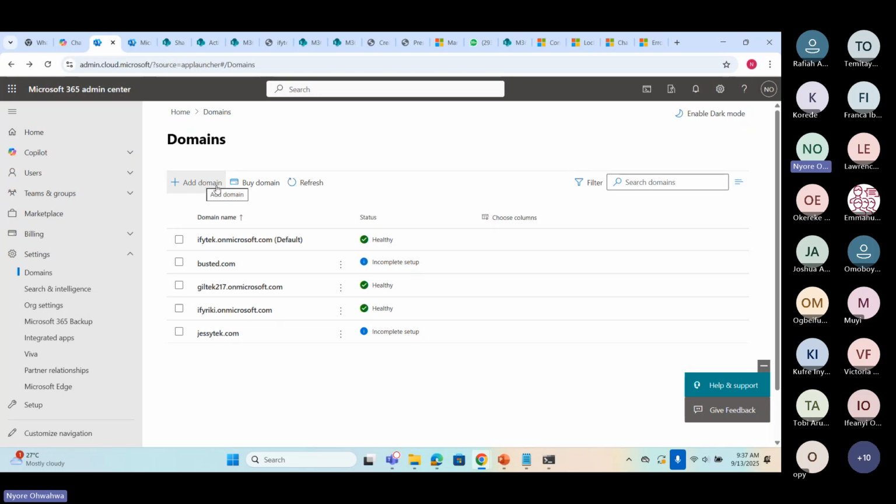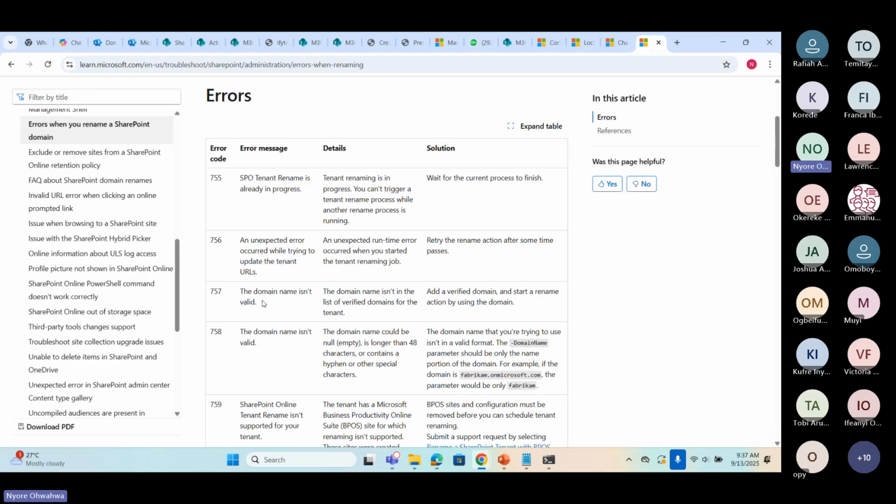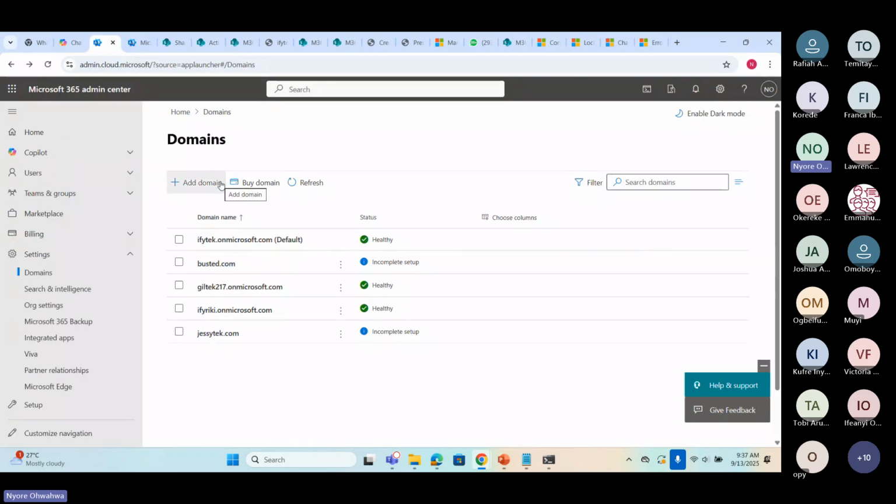I have M365community.ng or .com, and then I want to rename my domain. If you go there and put in that command, it will tell you that the domain name isn't valid because the article has told you that you have to have an onmicrosoft.com domain.